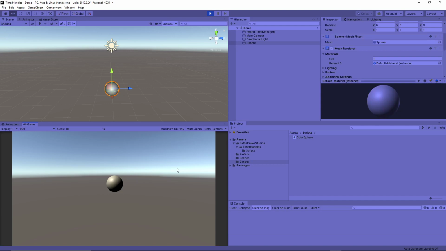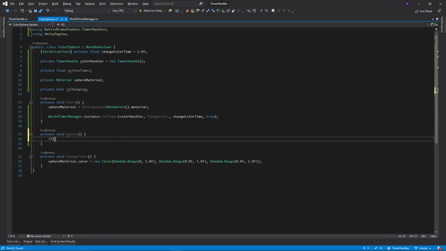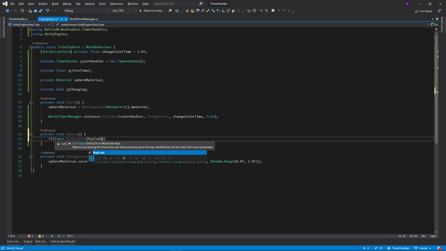And as you see here, the object will act just as the other one did without all that extra mess in the update. But as I was saying, there's other functionality, because invoke and coroutines could also do something similar. But let's say we wanted to stop it, right? Well, that has an option to do that too. Let's say we'll do this in this case on a key down. We want to stop our